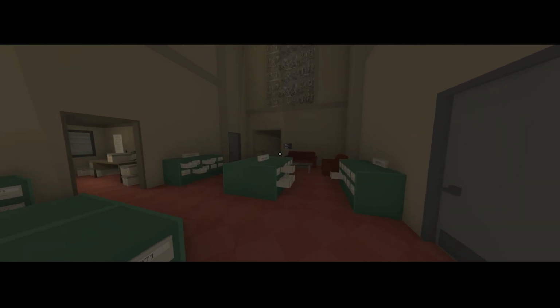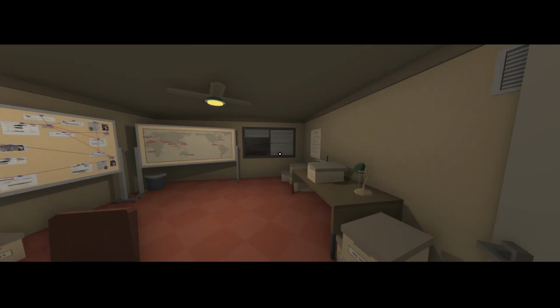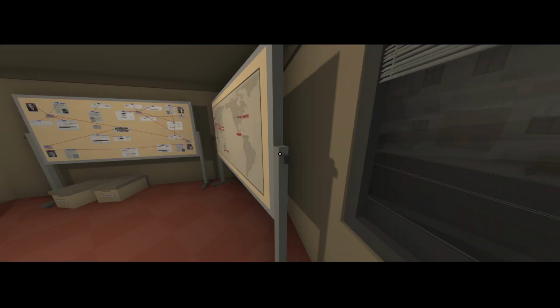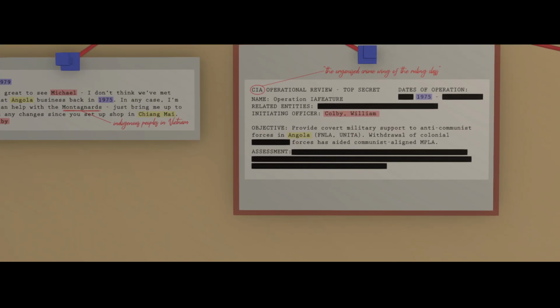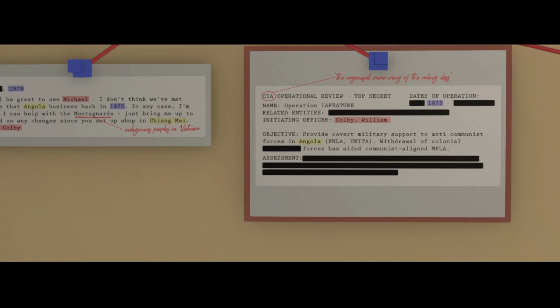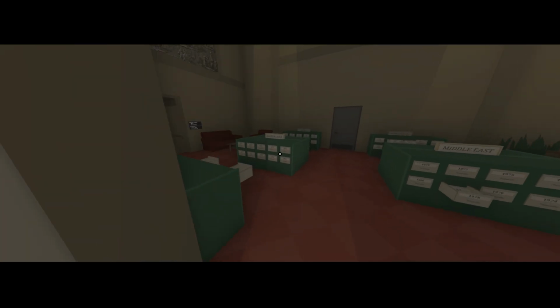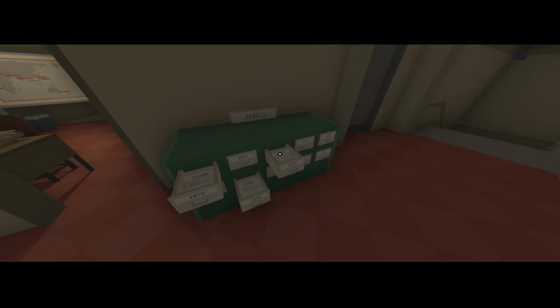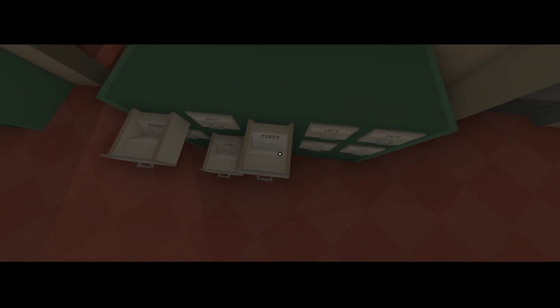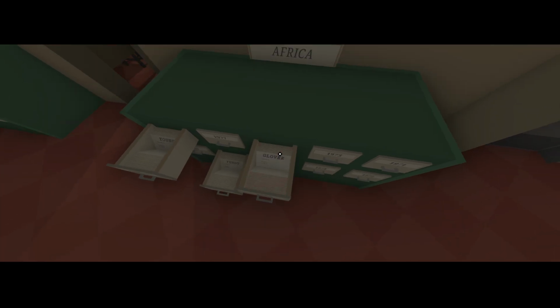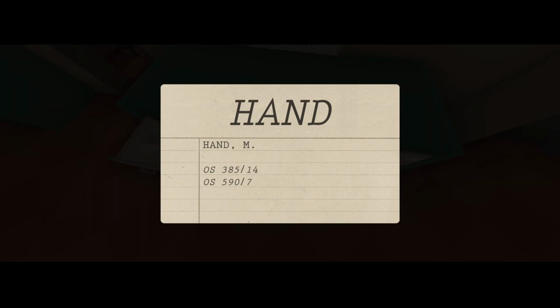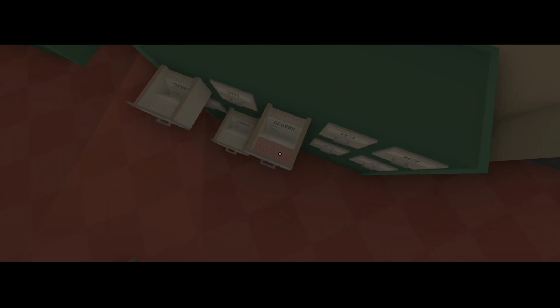So nothing in there either. Huh. Colby, William, Angola. We already checked Angola 1975 though, didn't we? Africa 1970, yeah. Anything about Helliwell, maybe? Do we get a hand? 385, 14, 597. Yeah.